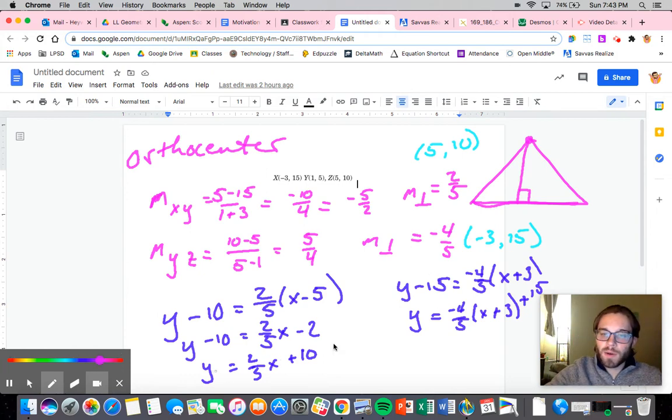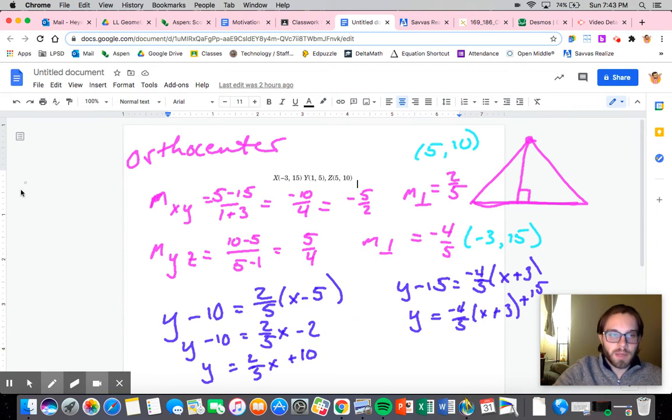All right, well, these two are both equal to y, so I can set them equal to each other. So I would have 2/5 x plus 10 equals negative 4/5 x plus 3 plus 15. Now, the reason I bothered to do that is because now what I can do is I can